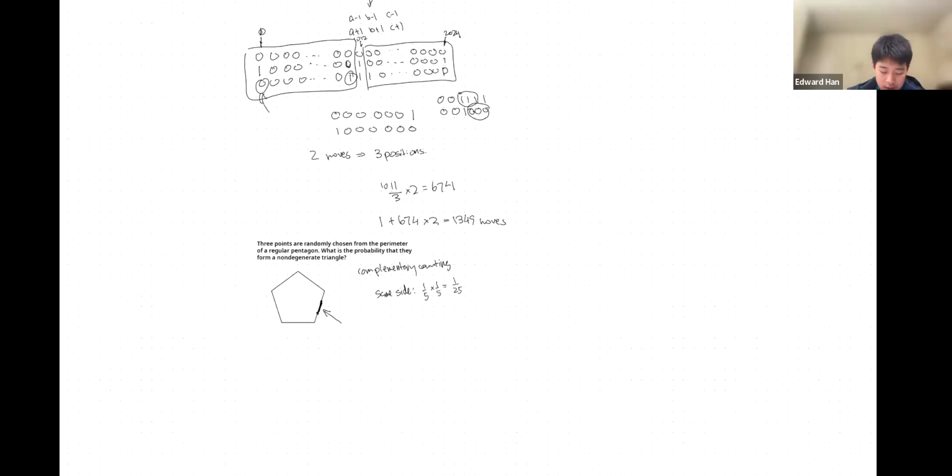If, however, our second point is from another side, like here, and our edge looks like this, our last point would have to be one of these 2 points, and that happens to have probability of 0. So this is not a valid case, and you can ignore this. So, that's our probability that,